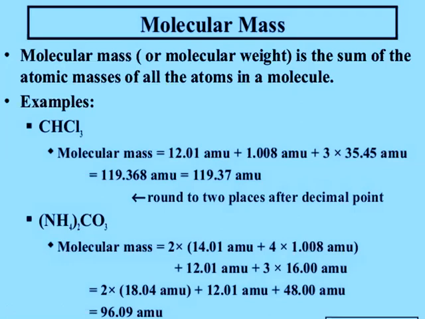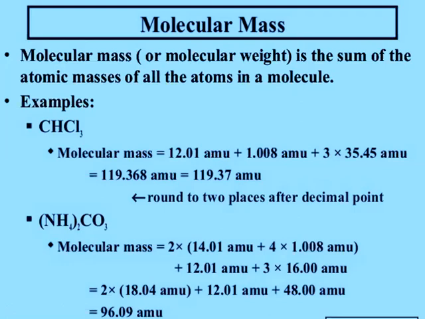So altogether, after the arithmetic operation, the mass of trichloromethane is 119.37 AMU, rounding to 2 places after the decimal point. Similarly, the molecular mass of